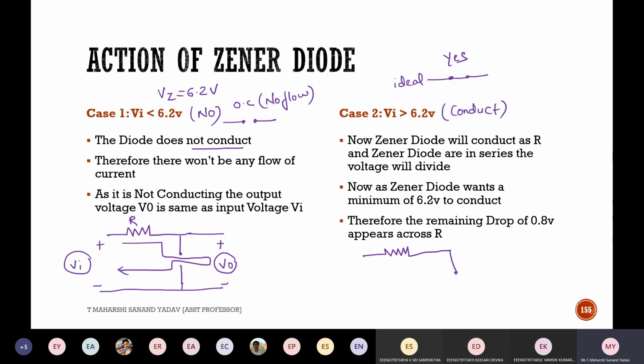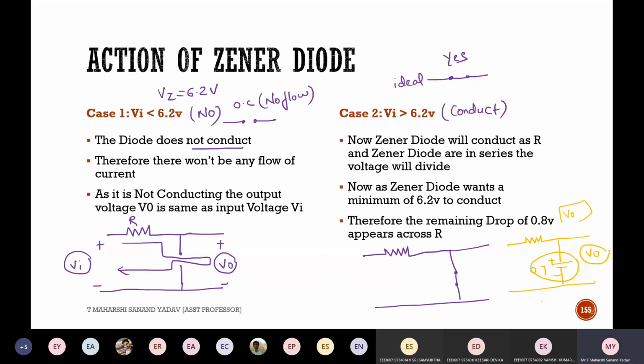Now see here, regarding the current limiting resistor, I'm saying that it is conducting. So I'll consider two cases, the ideal case as well as the practical case. Is this ideal or practical? Ideal. If it is practical, it looks something like this. Suppose I'm considering the knee voltage as 0.7, meaning I'm simply replacing it with 0.7. Now tell me what will be the output? Are they both connected in series or parallel? Parallel. So the output will be 0.7.